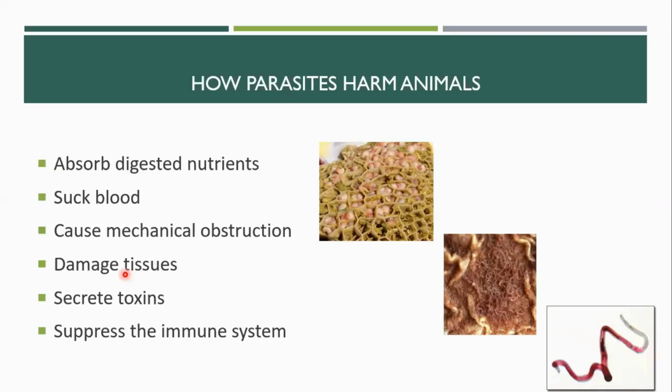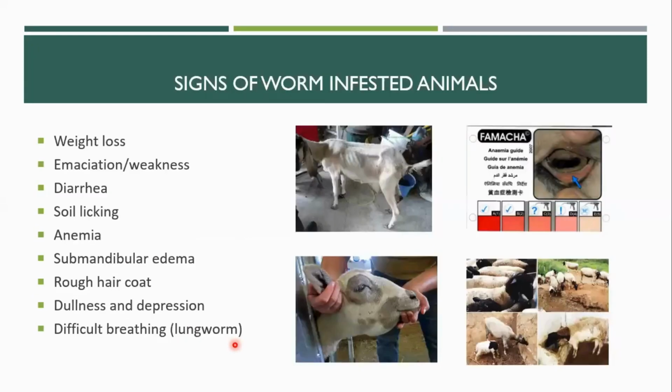And it could be tissue damage. For example, Fasciola hepatica damages the liver in case of cattle. And it could be suppression of immune system, which is caused by most of the parasites. So these are some of the mechanisms by which parasites harm the animals. Then what are the common signs of parasitism from which we can guess that either this animal is suffering from parasitism or not? The common signs of parasitism include weight loss